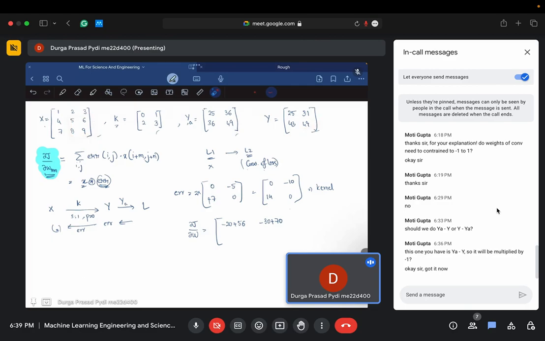So this is correct. If you do the subtraction, you have minus 5, and then 43 minus 36 is 4 plus 3, 7, and then you have a 0. So this is correct. You have to multiply with 2. So you got these error terms correct. Now if you apply this here,